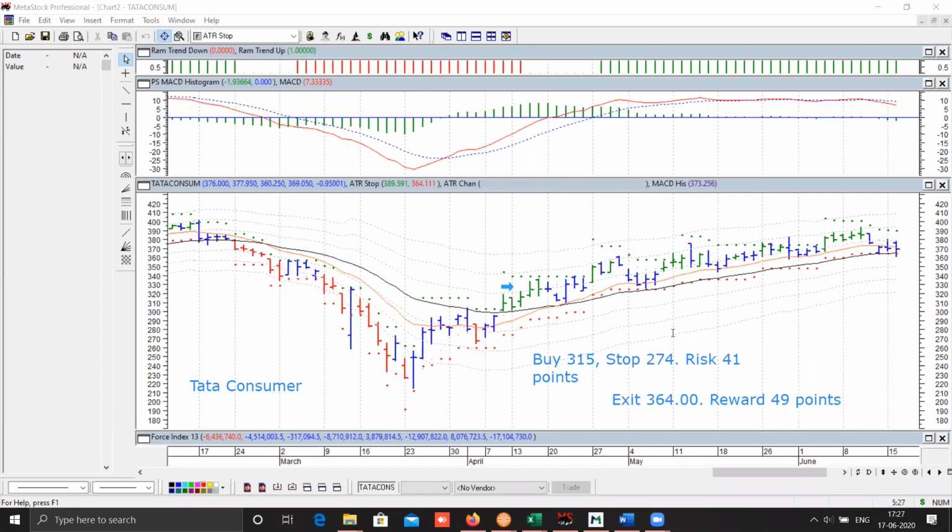So in total it was a just above 1R trade. RR on this trade was close to 1R. What is 1R? Whatever risk we took, we made about the same as reward. It was 1.2. 1.20 was the reward. That is, if you put 10 rupees as risk, 12 rupees was the profit made. This was a very beautiful trade.